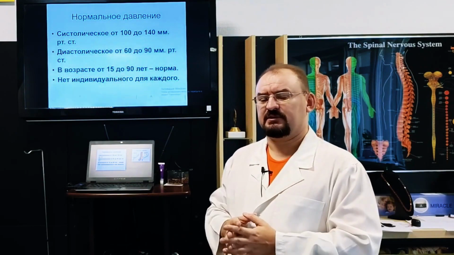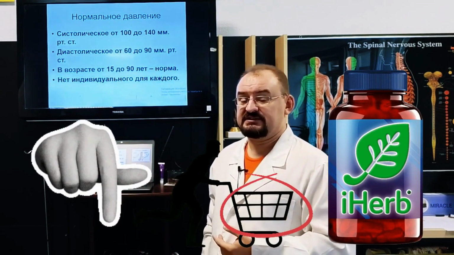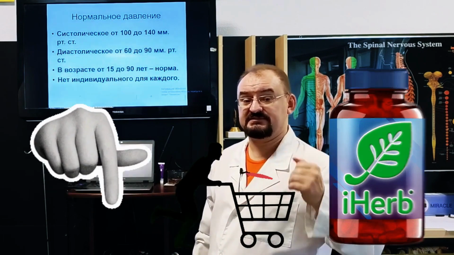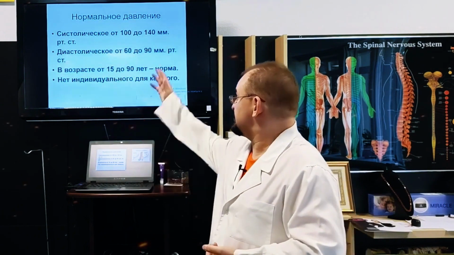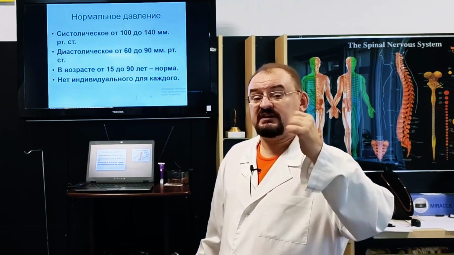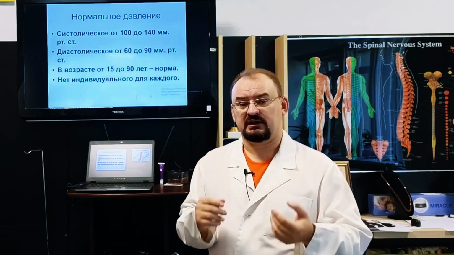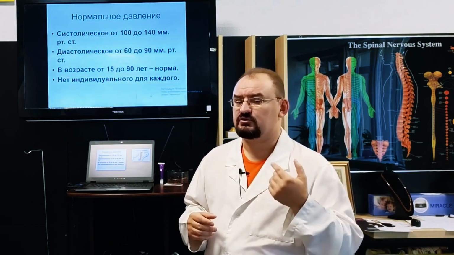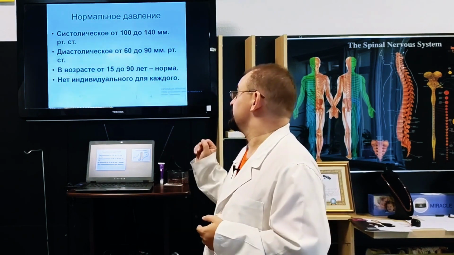The lower diastolic pressure has its own normal range from 60 to 90. So if your pressure is below 60/50, 55, that's low blood pressure, that's hypotension. If your pressure is above 90, say, for example, 130/100 or over 100, that means the lower diastolic pressure is already elevated. Since this is related to the kidneys, you need to pay attention to the condition of your kidneys and how well they are clearing salts from your blood.